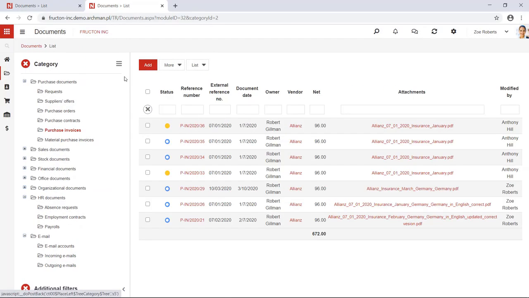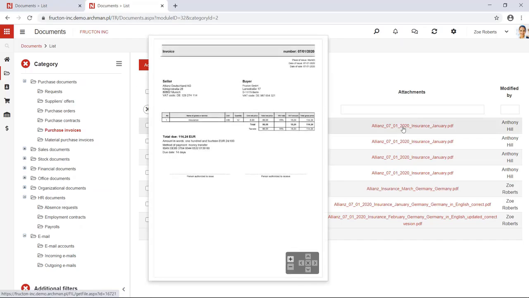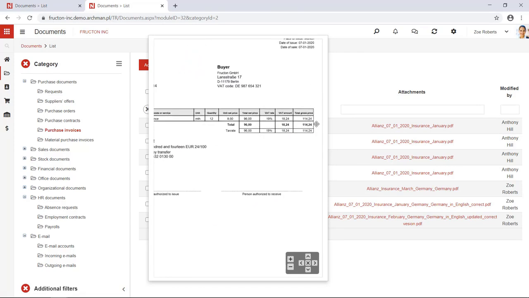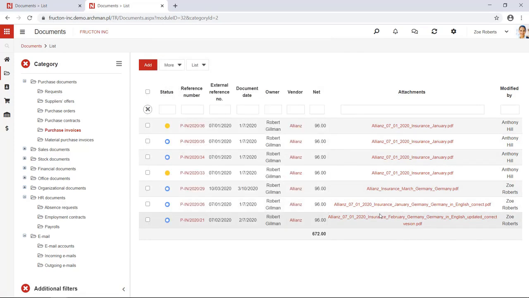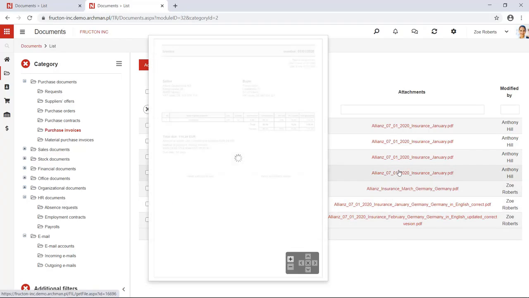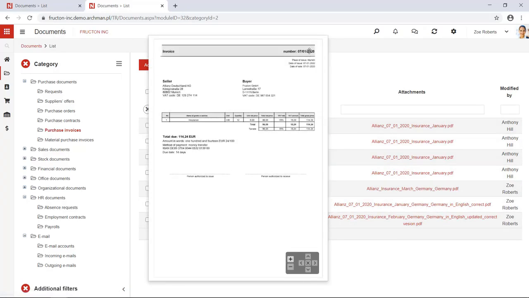Okay, I have attachment column visible, and when I hover my mouse on it, the preview of this attachment is shown. And also, if the attachment has a couple of pages, I may switch the pages with the buttons here. So I don't have to go to the details of a document. I might see the details